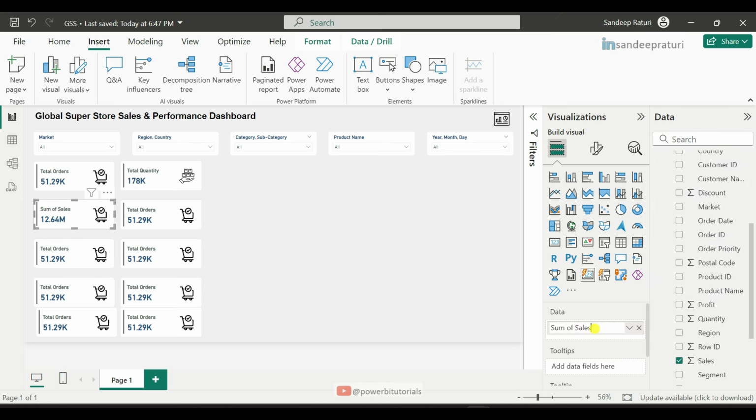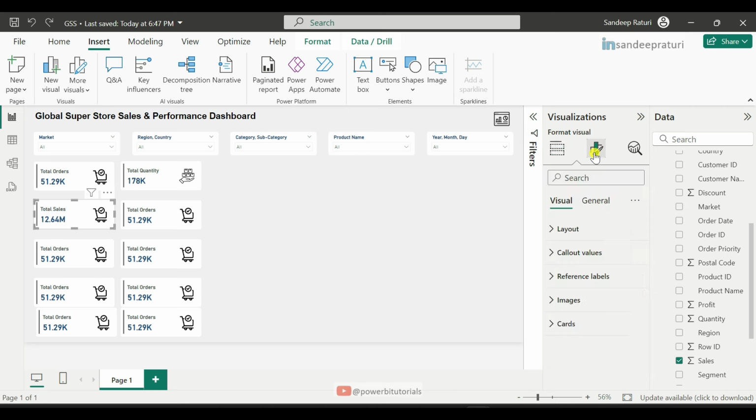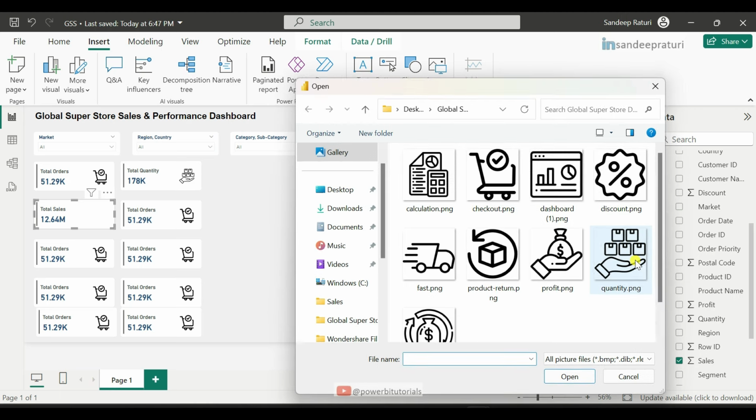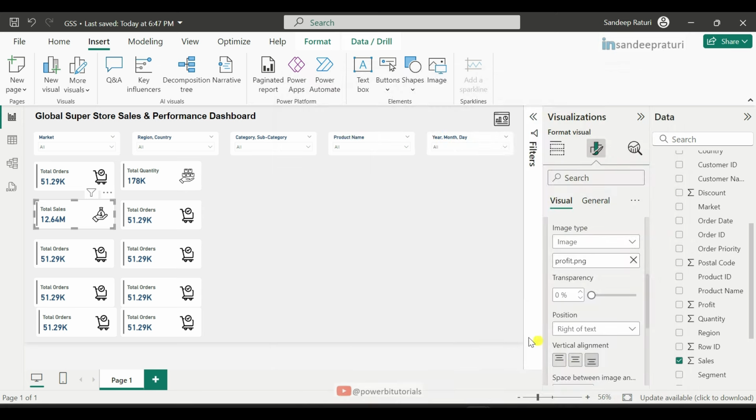Now double click on the column name and change the column name to total sales. Now we will set the image icon for total sales. So go to the format tab, open the images section and delete the existing image and browse the image for total sales. So for total sales I am using this icon and click on open.